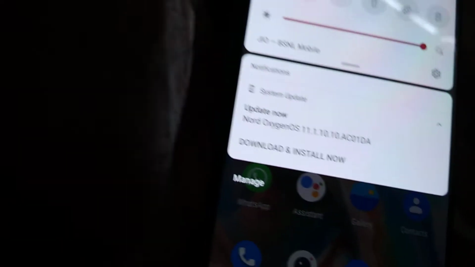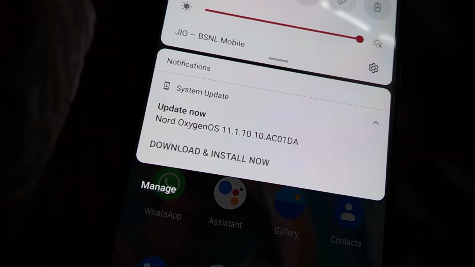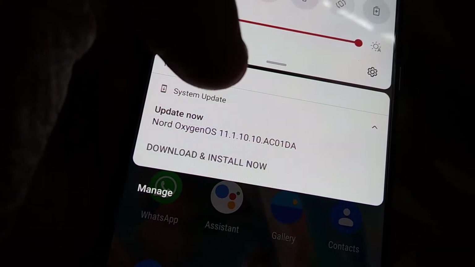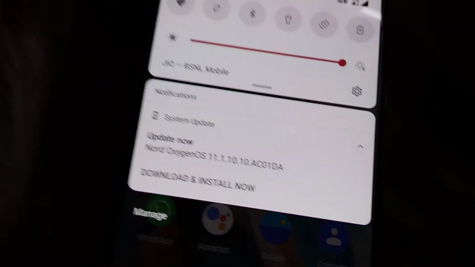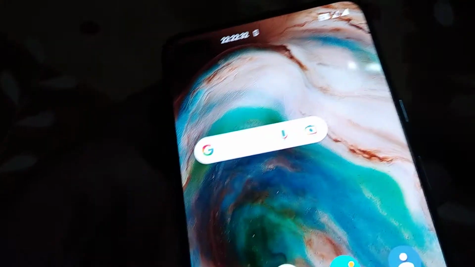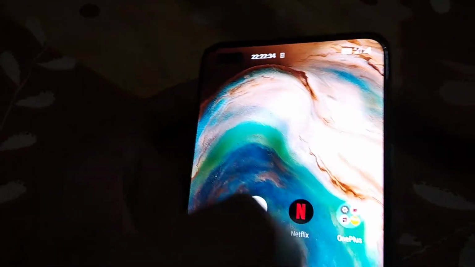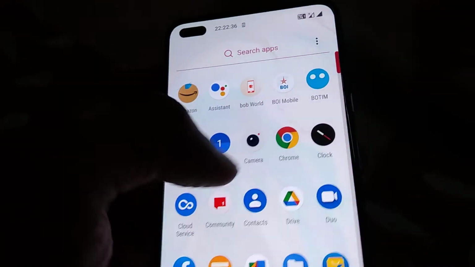The device in my hand is OnePlus Nord, and suppose you have received a notification like this: Nord OxygenOS 11.1.10.10, that is the AC01D update for OnePlus Nord in India. So if this update is available, then you can do it, or you can check whether the update is available by another method. That is, you must go to the settings of your